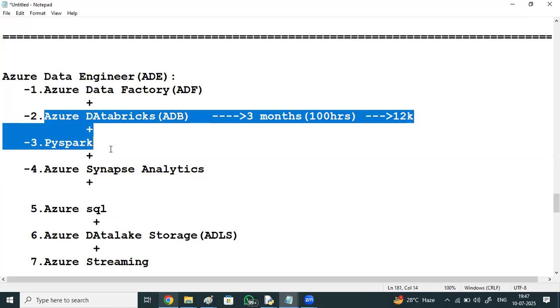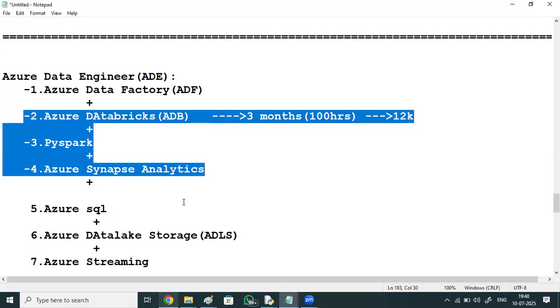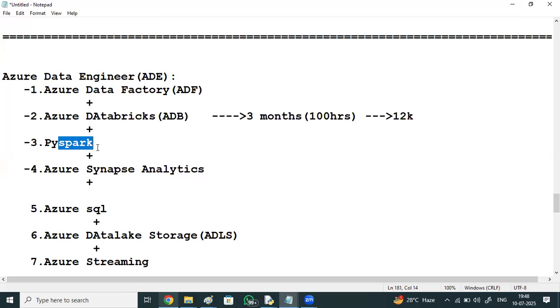PySpark provides many functions, like data frame API functions. We need to make use of all those functions, right? But in ADF you won't write any code at all. Here code is involved, but not that huge. Spark can be implemented using Python, Scala, and Java. Compared to Scala and Java, Python code is very little. You'll see very, very little coding, right?